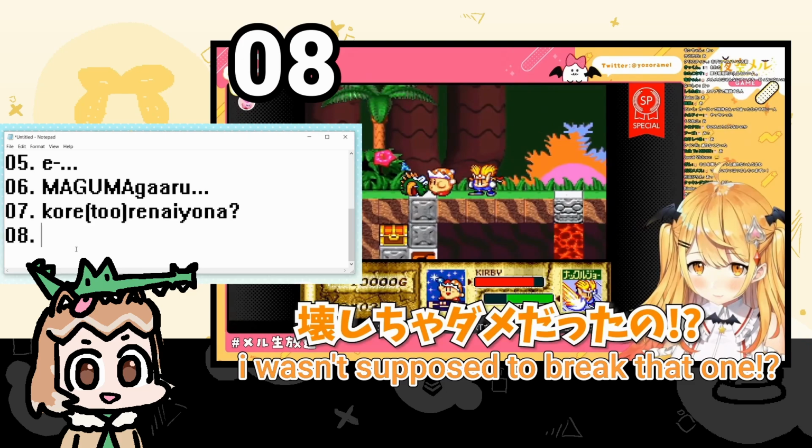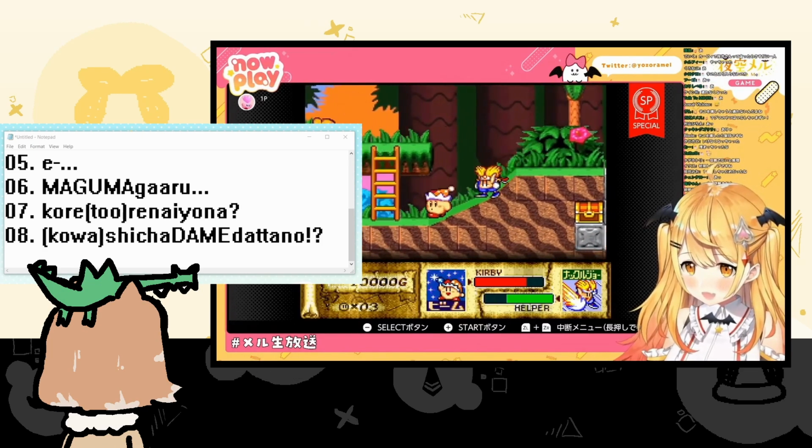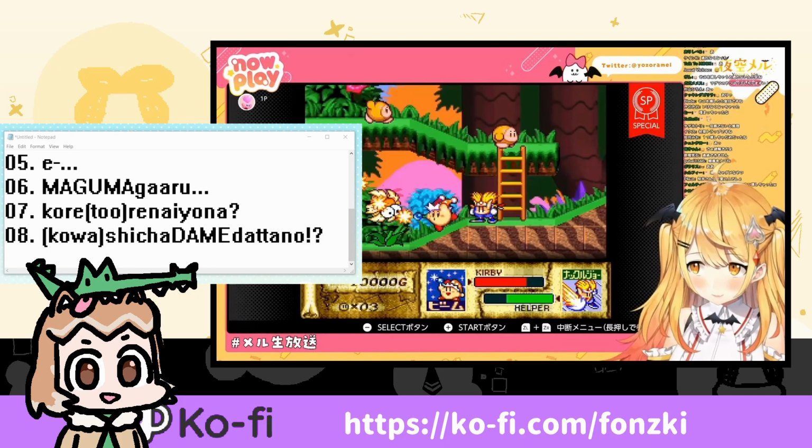Last line for the video. This kanji is ko and wa, and then shi, cha. You can tell this is cha because the ya here is small. More katakana, so we type in caps. Da, me, and back to hiragana. Da, small tsu, so double the next one. Ta, and this is no. Kowashicha dame datta no. Kowashicha dame datta no. 壊しちゃダメだったの。